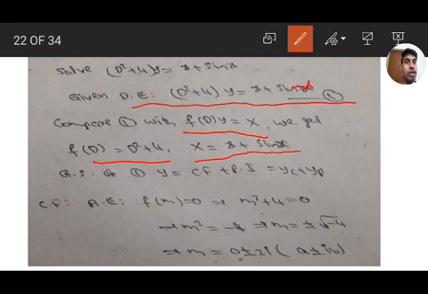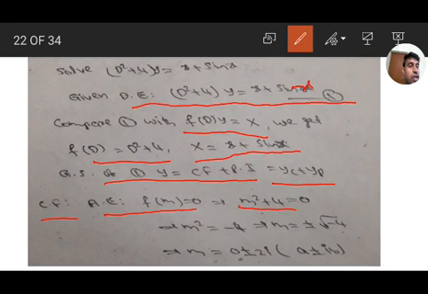So the general solution of equation 1 is y equal to CF plus PI, that is yc plus yp. Complementary function means the solution of f of D of y equal to 0, that is the auxiliary equation f of m equal to 0, that is m square plus 4 equal to 0, m square equal to minus 4. So m equal to plus or minus square root of minus 4. Root 4 means 2, square root of minus 1 means i, so plus or minus 2i, that is 0 plus or minus 2i. Of the form a plus or minus ib, a equal to 0, b equal to 2: complex roots.